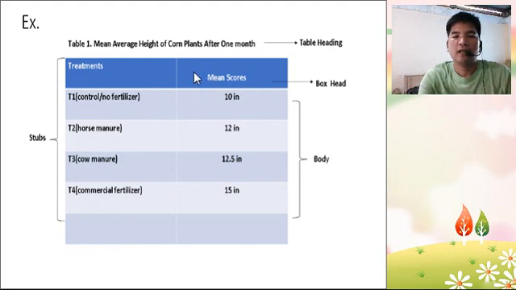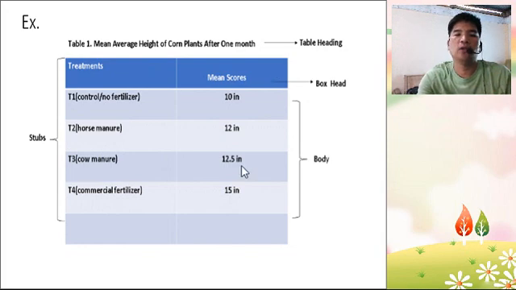Then the top one here, the mean scores, is called the box head. Then the results, which include 10 inches, 12 inches, 12.5 inches, 15 inches, are the body of the table. So these are the 4 parts of the statistical table: the table heading, the stubs, the box head, and the